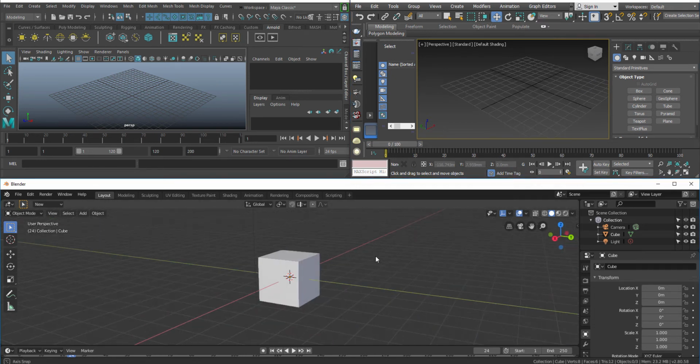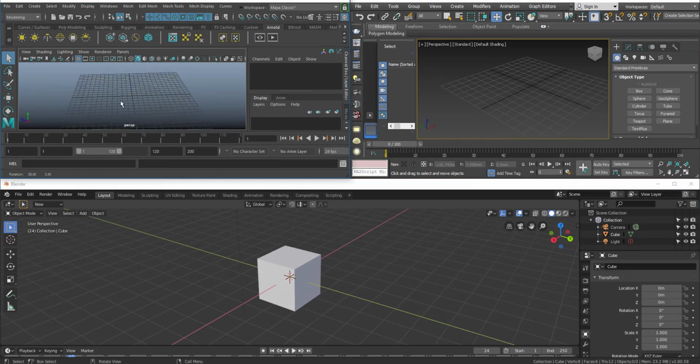One is only middle mouse, one is Alt and left click, and another one is Alt and middle mouse. So you don't see any similarities between these. So how can you say that Blender is completely more difficult to learn than Max or Maya?